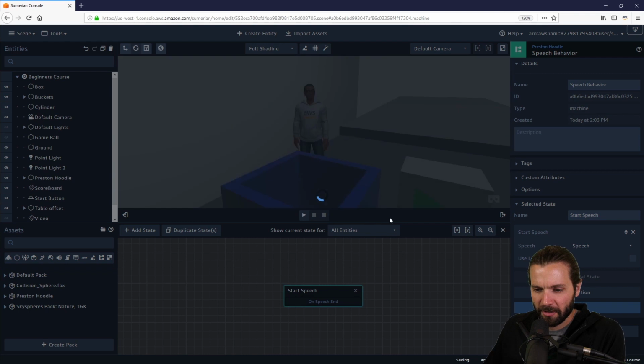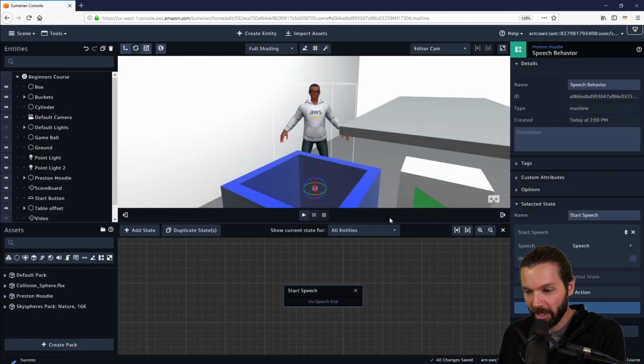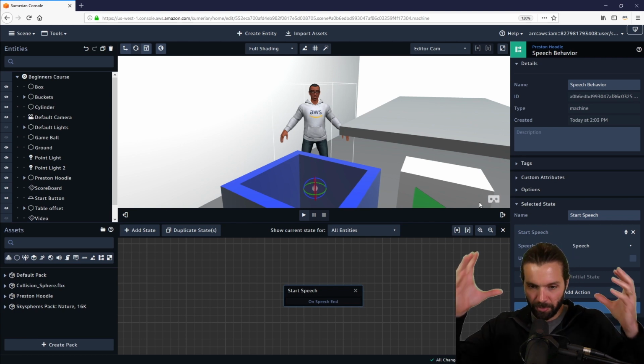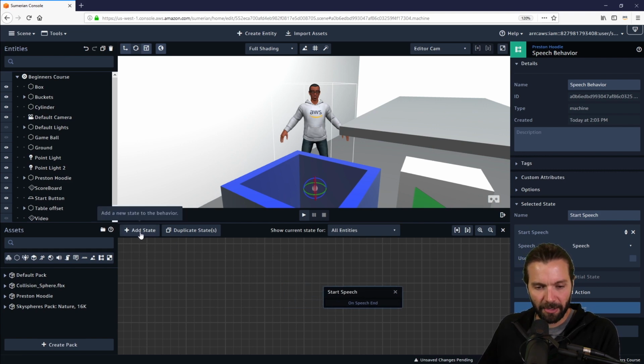However, if you think about it, what's going to happen in this scene is that somebody will press play, then click the enter VR button, then they'll have to put on the headset. That's not cumbersome, but it takes at least a couple of seconds to complete, by which time Preston's already going to be halfway through his speech. So to adjust for that,